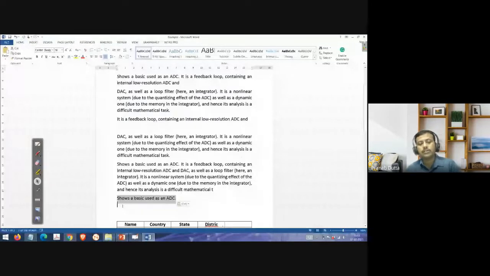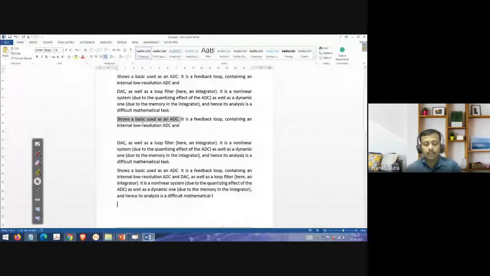this location. Okay, and if I press the Control key and then press the left button of the mouse and drag it, then it will remain there. There will be a copy. The same thing is available here as well as it is available here also. Okay, so that is one way you can do it.